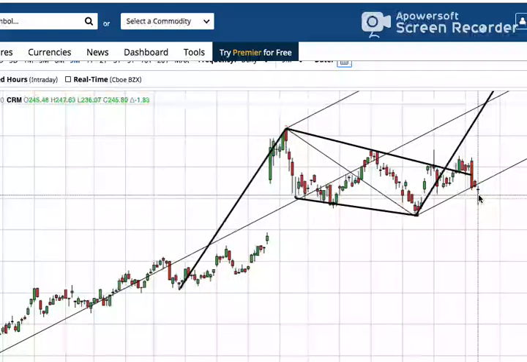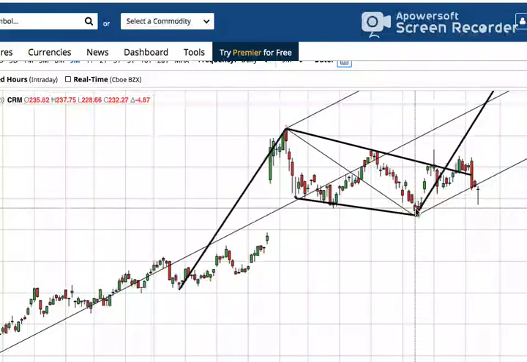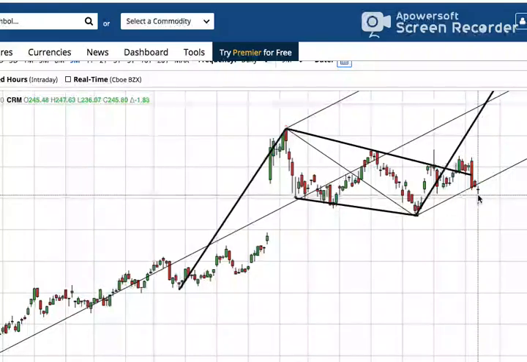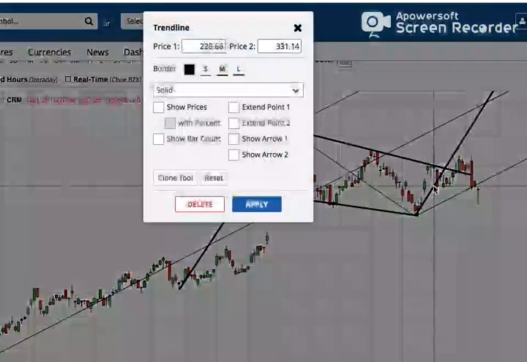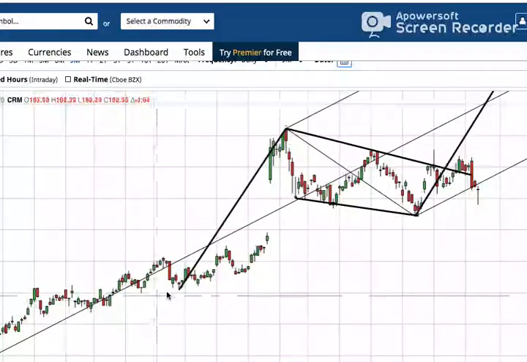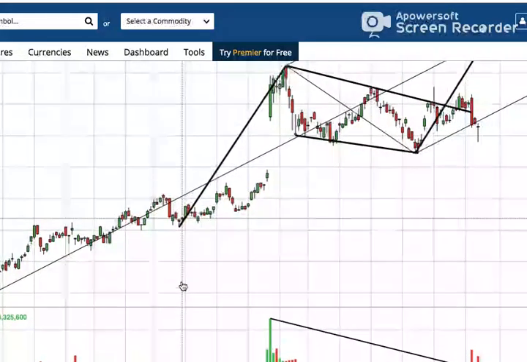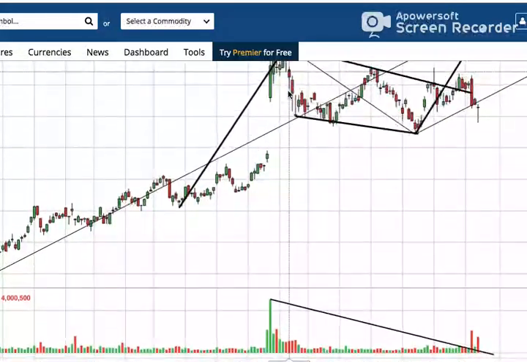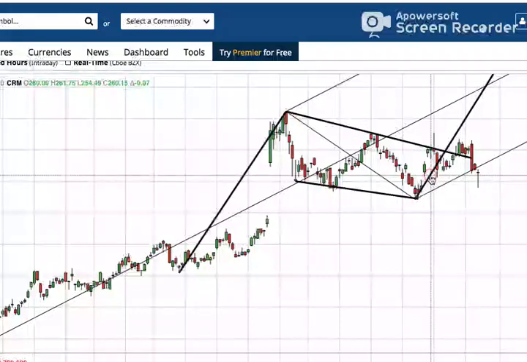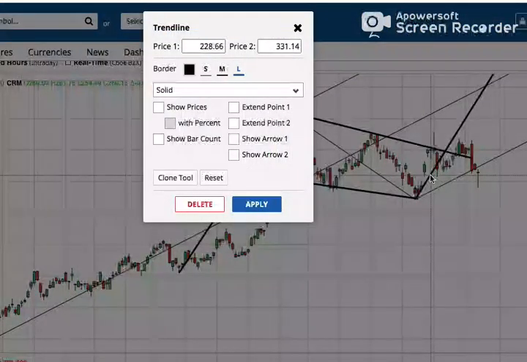So, obviously nothing's 100% in trading, but there's a lot of evidence that the low is in right here for Salesforce. So if 236 is the low, the actual invalidation would be 228, but if 236 holds as the low, then it is expected Salesforce will reach the equal X target of this bull flag of 331. This bull flag we can see was from 717 to 903. That's 6 weeks from now. So 6 weeks from now, mid-January, we expect Salesforce to reach the median of this pitchfork. We expect it to reach 331.